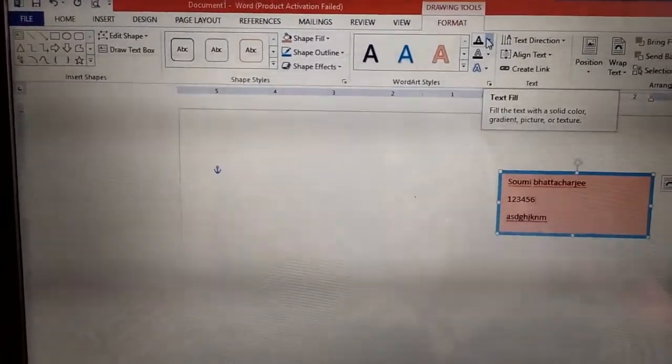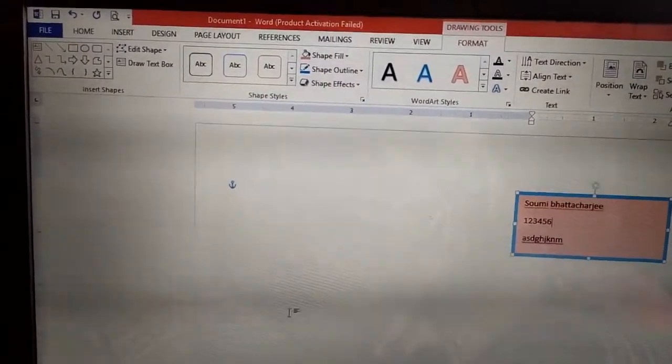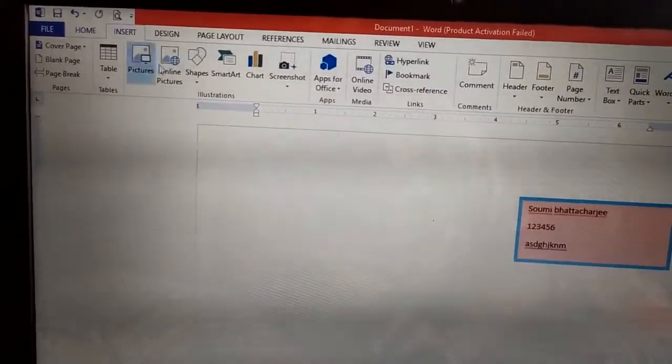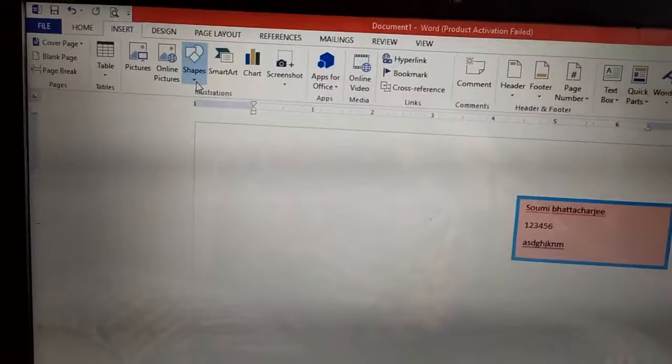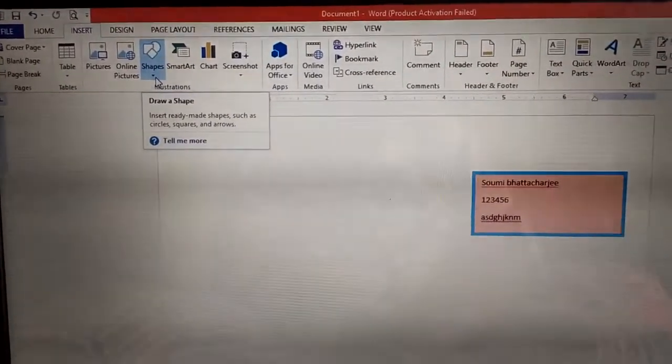Now we will talk about how to insert the shapes. For that, again go to the Insert tab. In the Illustrations group you can find the Shapes command.